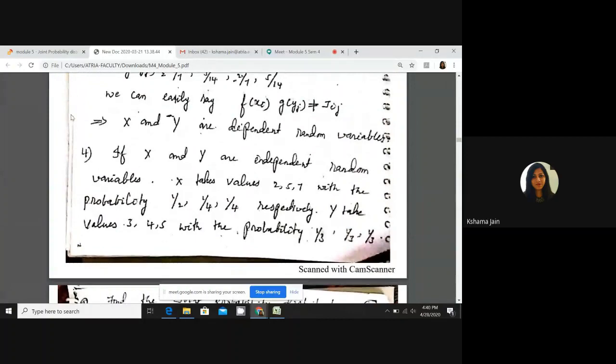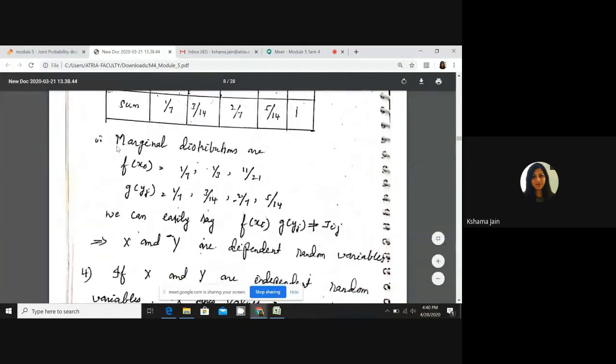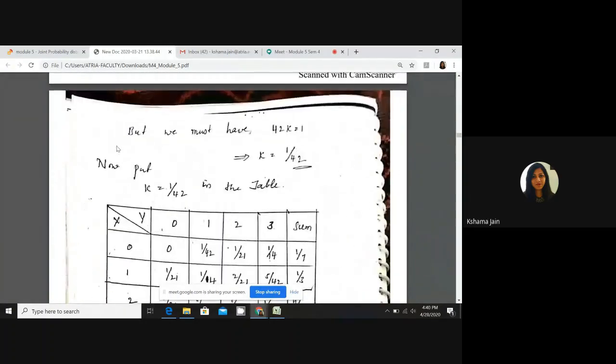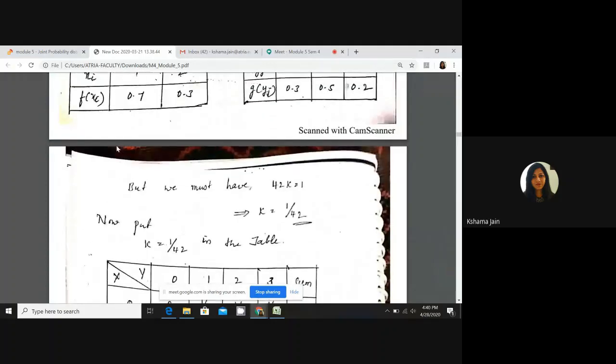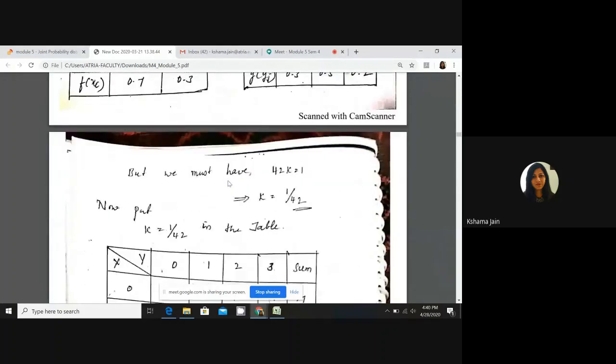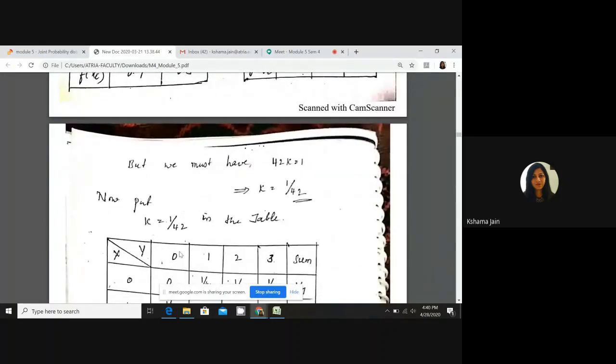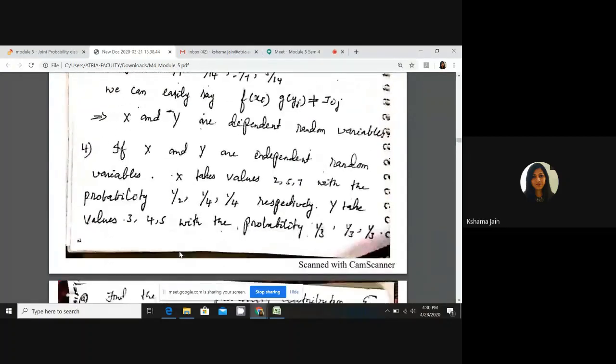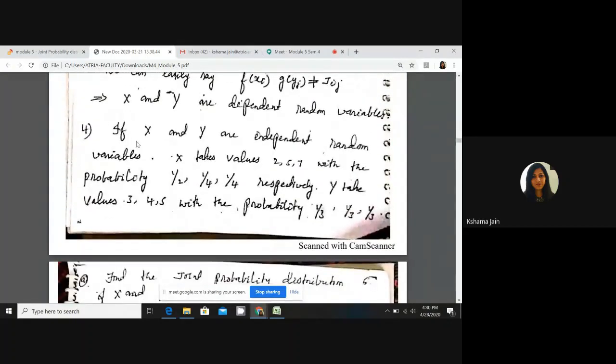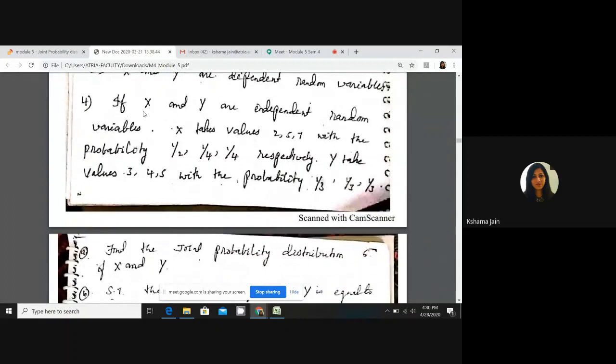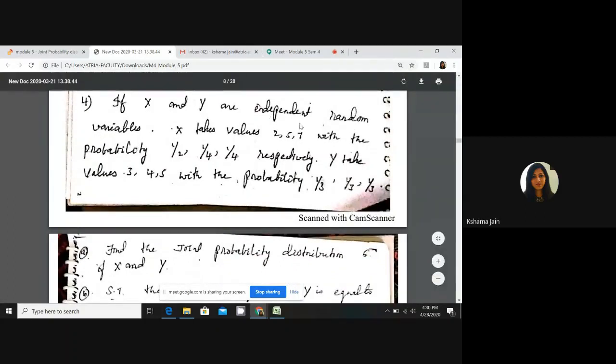Here, fourth question. Try to understand it. Second question and third question, let it be for now, because for the second question we don't have the solution, and for the third we have the solution but the question is not there. So directly I jump to the fourth problem. Try to understand that. If x and y are independent random variables, independent, so directly it should come to your mind, if independent, covariance is 0.